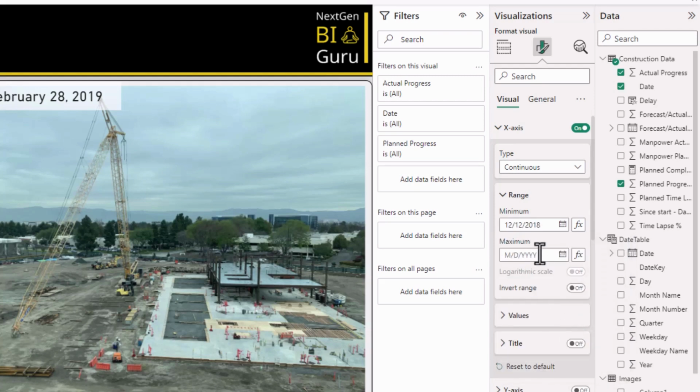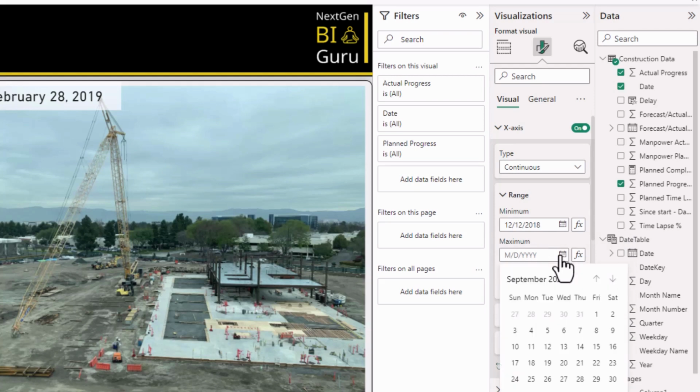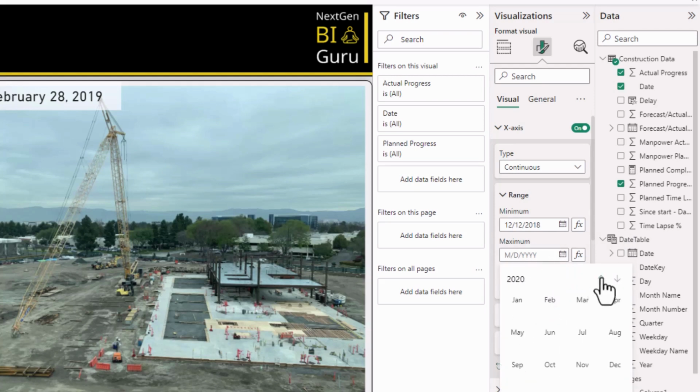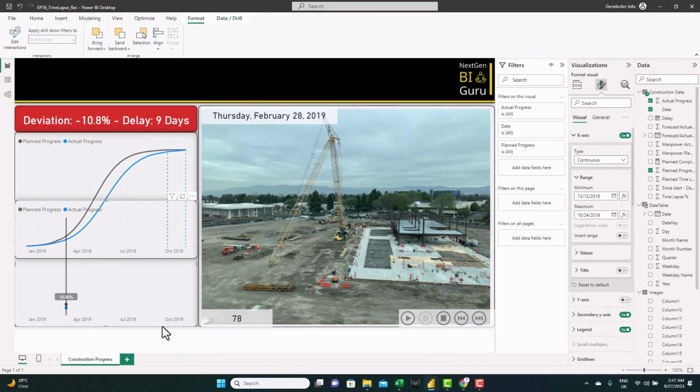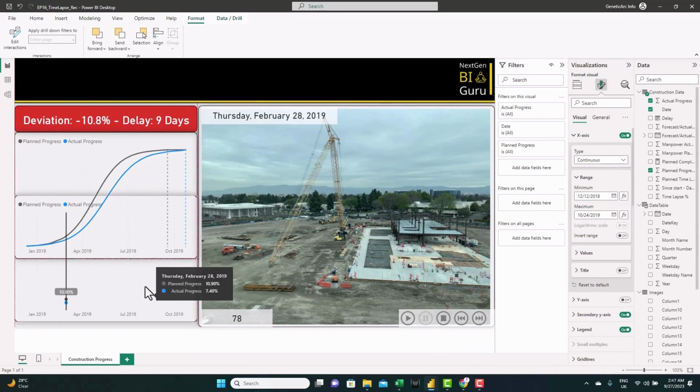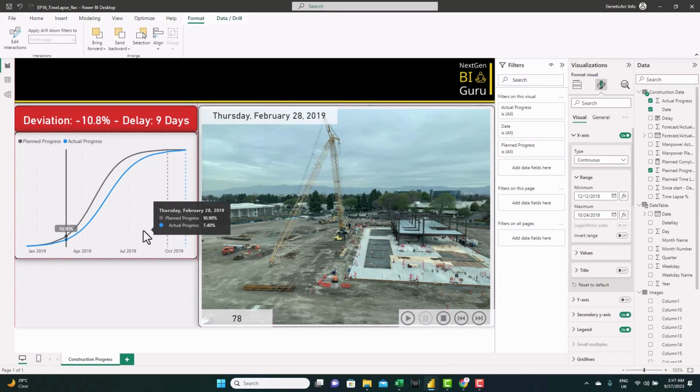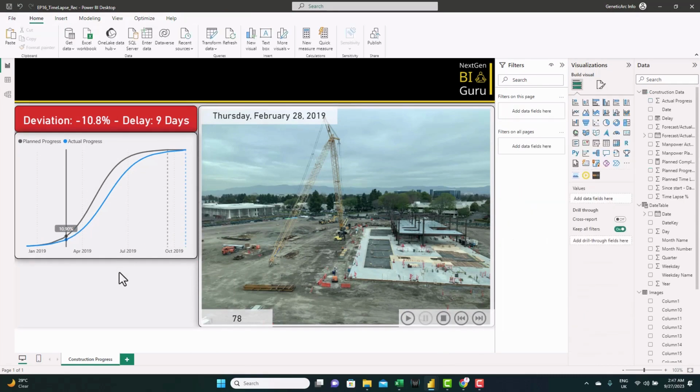And the maximum date, we also take it from the construction completion. Now we can see we have the same exact x-axis for both visuals. All we need to do now is to move it on top of this visual. And we are done. So let's test it now.